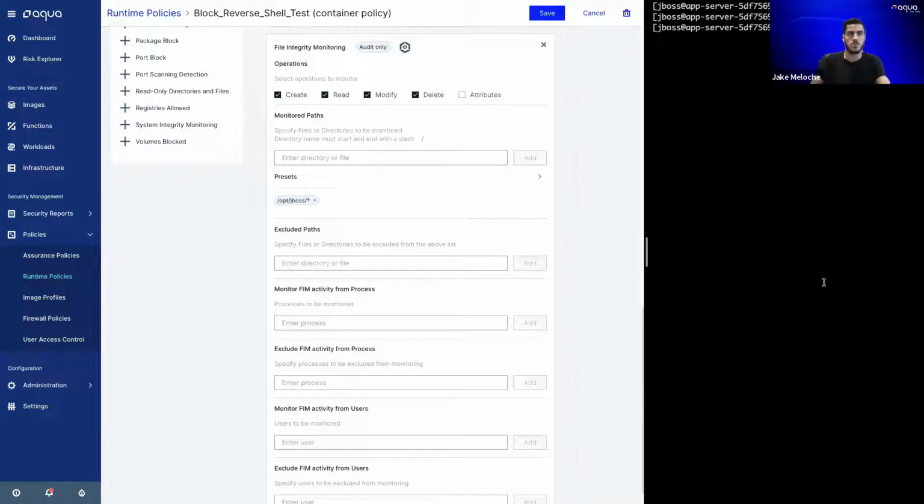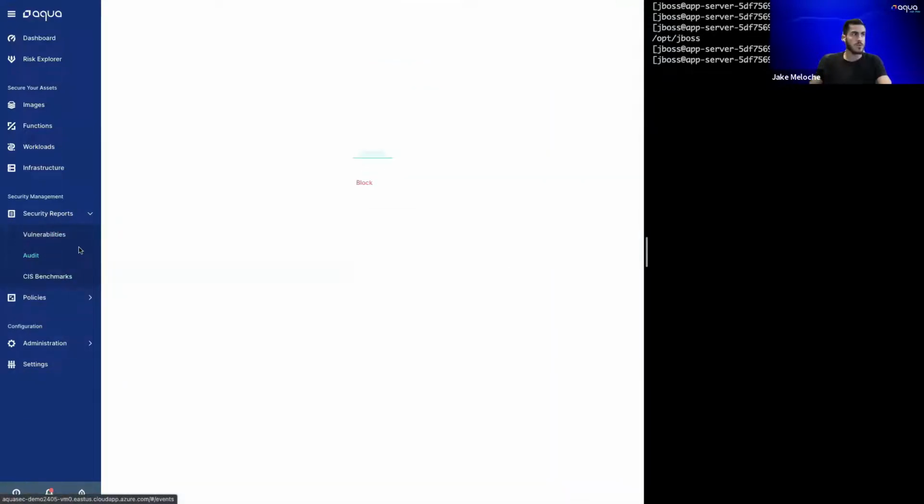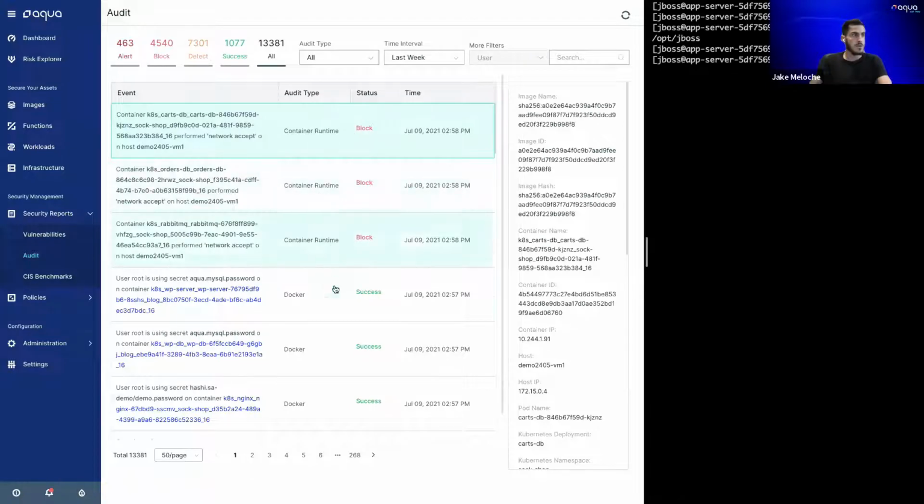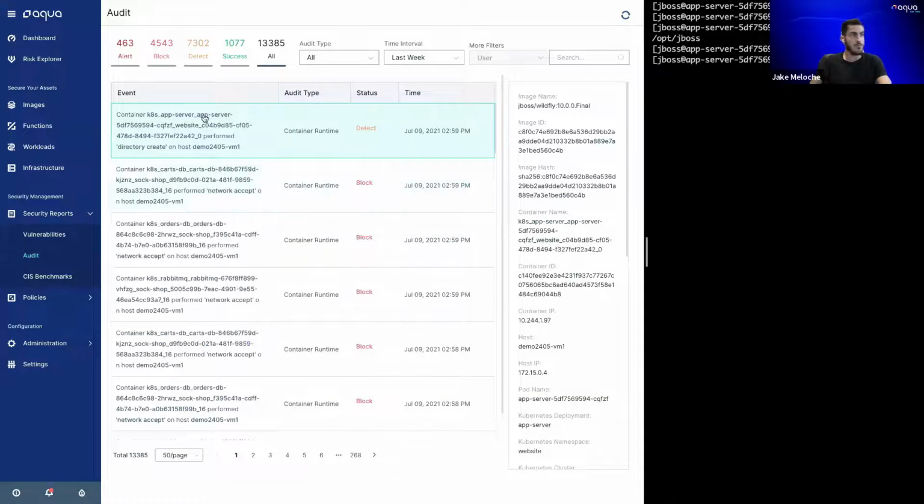So I'm logged into one of my containers here, and if I were to run pwd to get my working directory, we can see it's /opt/dboss. Now in my file integrity monitoring control, that is the preset that I am monitoring for anything inside of that directory. Now, if I were to try to make a directory called Jake, we can see that that action gets performed. And if I were to come to my security reports and see the audit, we can now see that there was an event that would come through on refresh: a directory create event from container